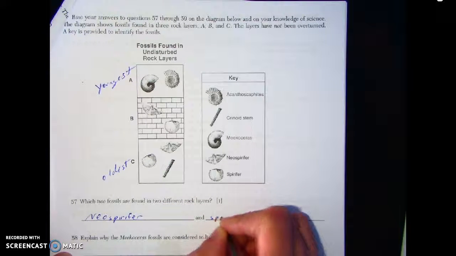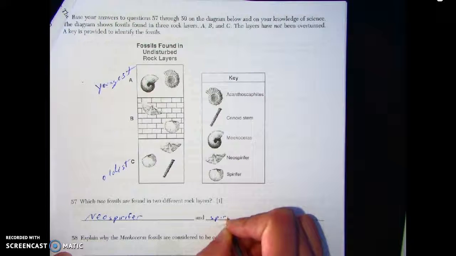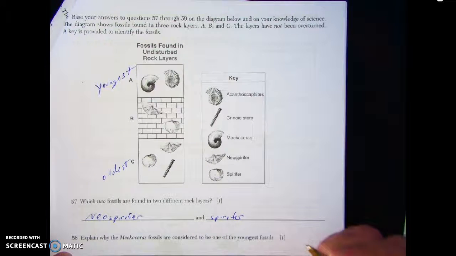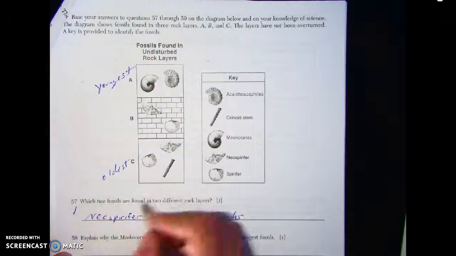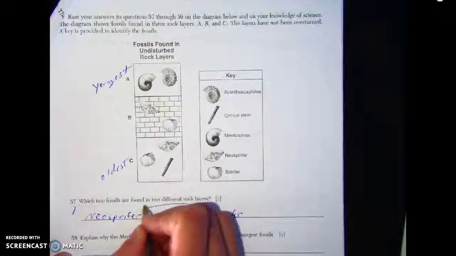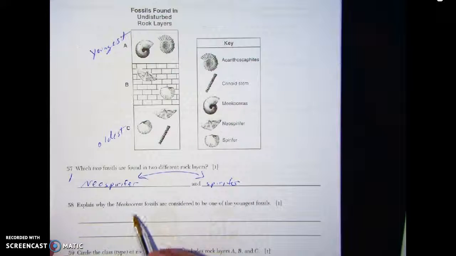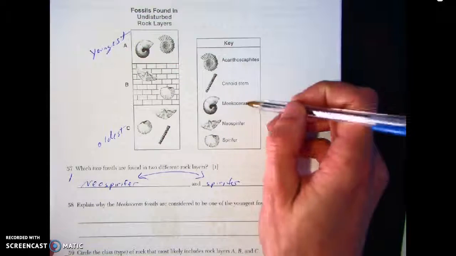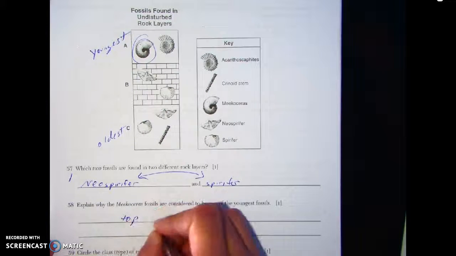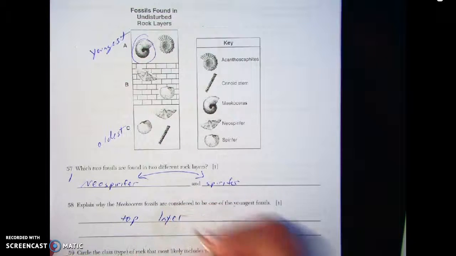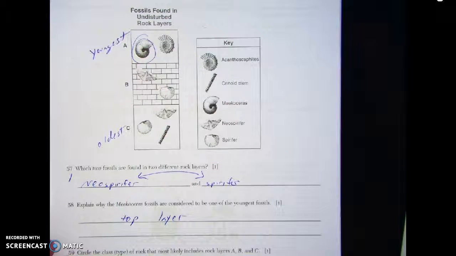and Spirifer. Okay, so it needs to be both of those. The order doesn't matter. You could switch the order around. That makes no difference. For 58, it's asking you about the fossils are considered to be one of the youngest. Okay, so here we've got this one up here, and it's in the top layer. So your answer needed to be about it being in the top layer, the upper layer, something about it being